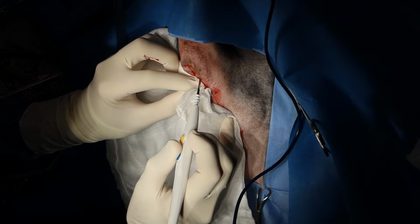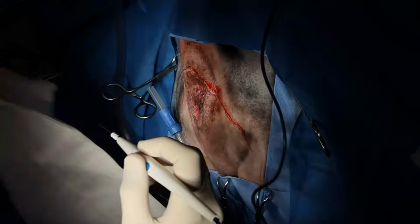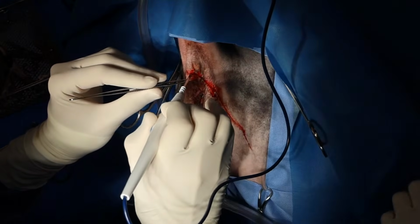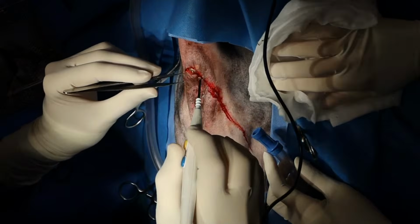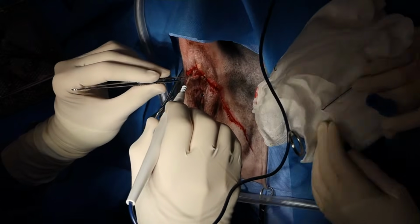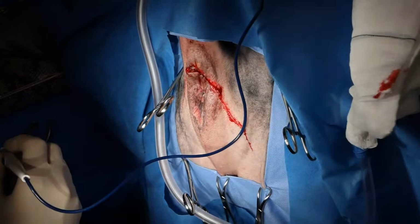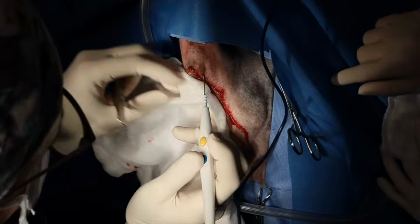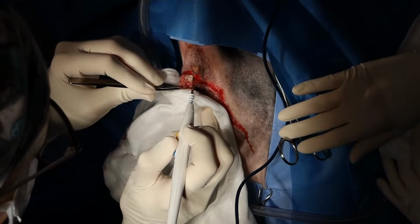You can easily get lost, especially if you've got omentum sticking out through the hernia. The other thing that I've seen happen before is retroflexed prostate. And I've seen people inadvertently thinking that the prostate is a cryptorchid testicle, and inadvertently do a prostatectomy, which